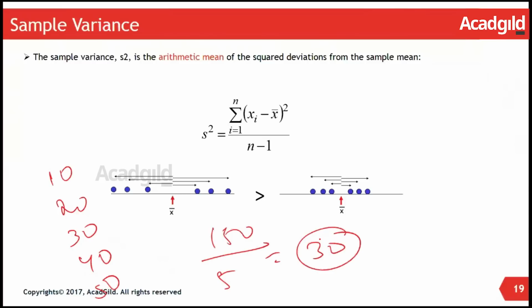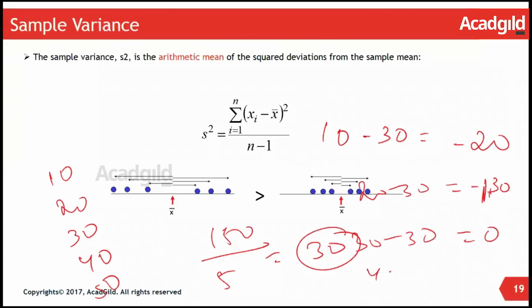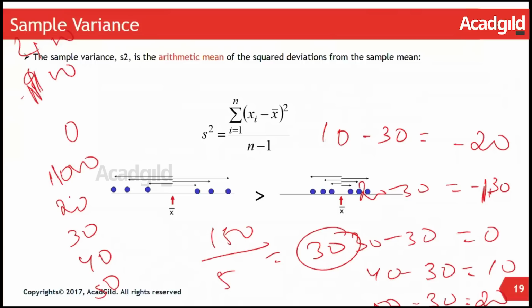But to calculate the standard deviation, I do 10 minus 30 equal to minus 20, 20 minus 30 equal to minus 10, and 30 minus 30 is equal to 0, 40 minus 30 is equal to 10, and 50 minus 30 is equal to 20. I take the square of each of them. What's minus 20 square? It's 400. Sorry, minus 10 square, it's 100. What's 0 square? 0. 10 square, 100. And 20 square, 400. I sum them all up and divide it by